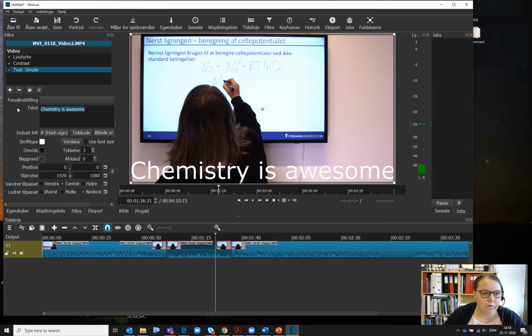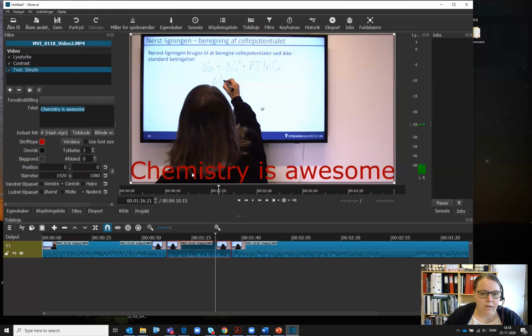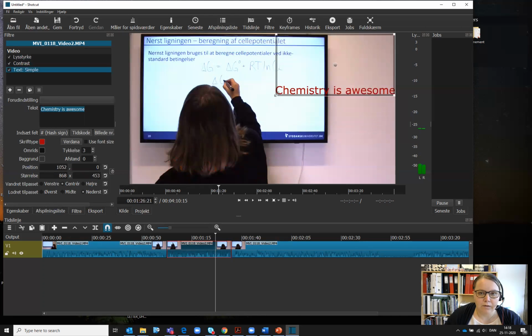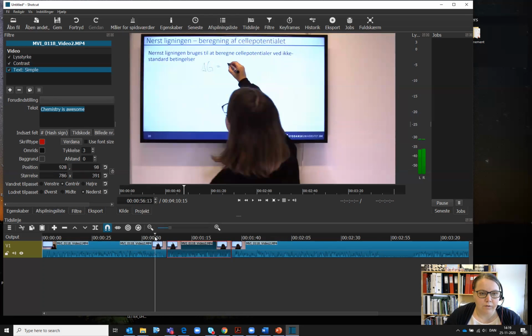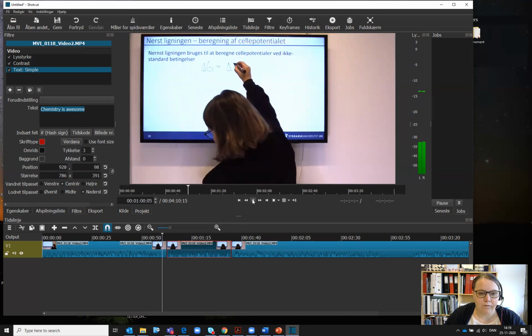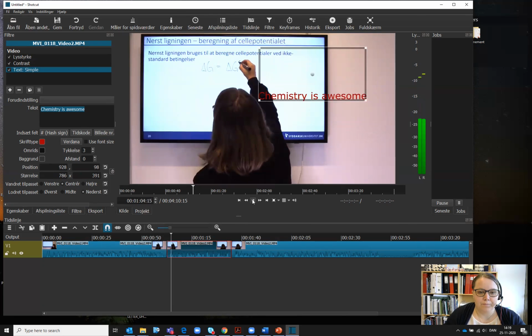And maybe I don't want it to be in white, so I want to change the color to red. And I can change the size by dragging here. And I can also change the position like this. And now you see when I play, it will then appear on the screen.